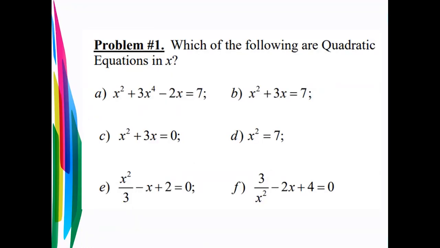Okay, now I have around 6 equations in x, and I can very well see which one is a quadratic equation or not. Here I can see that the first one, part A, is not a quadratic equation. B is a quadratic equation. Similarly, C and D are also quadratic. E is also a quadratic equation, but F, in F, when I take the LCM, I will get a cubic. That will not be a quadratic equation.